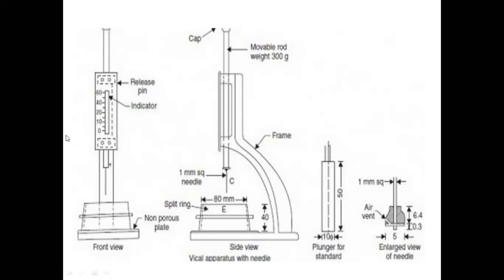Then we add 25%, then 26%, then 27%. So you can go for a 1% increment, or a 2% increment also, based on your first penetration reading. This is for the same sample, not a different sample. For the same sample, you first add 20% to 24% of the weight of the cement as water. That much water is added. You prepare a paste and put it into the mold,